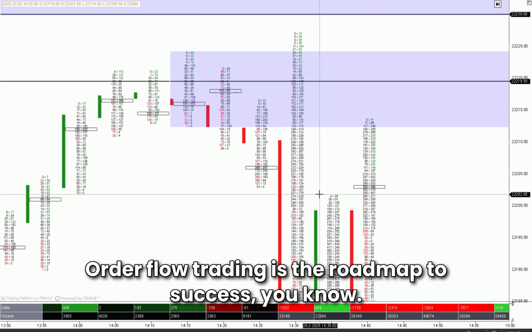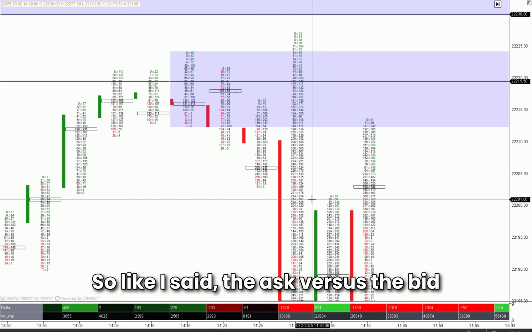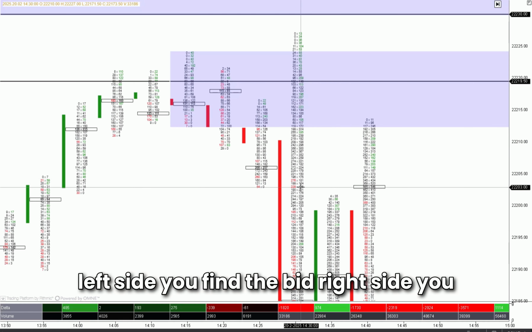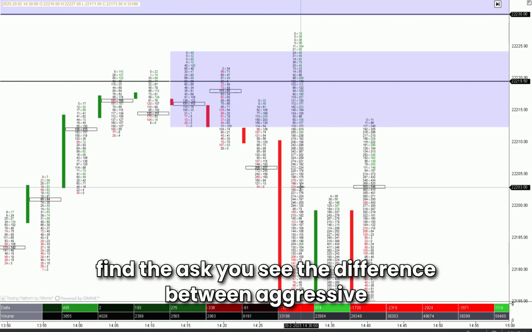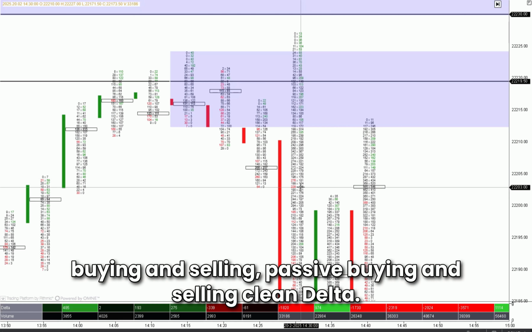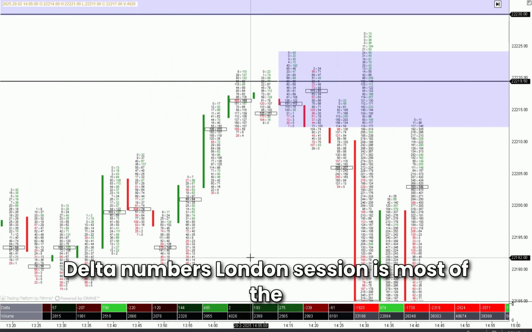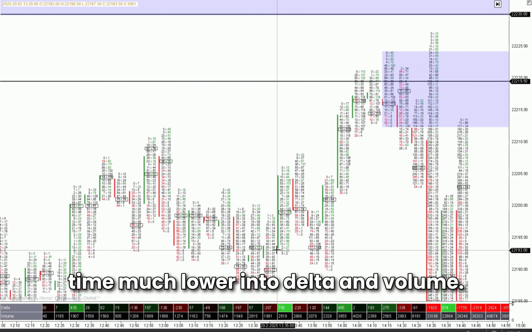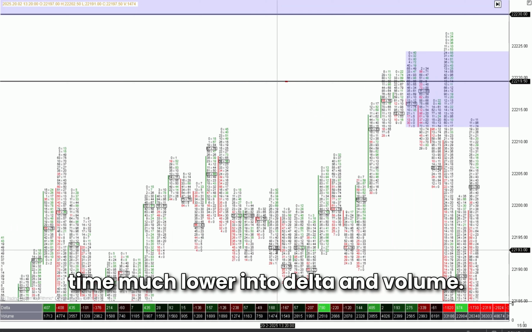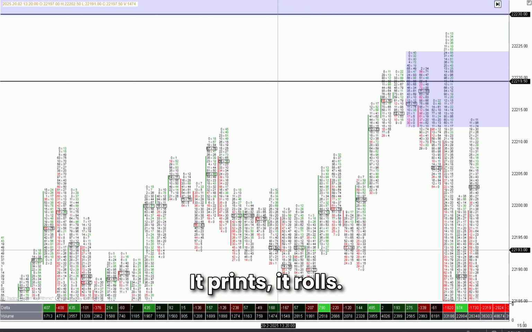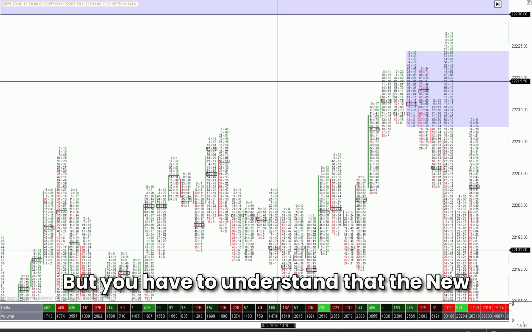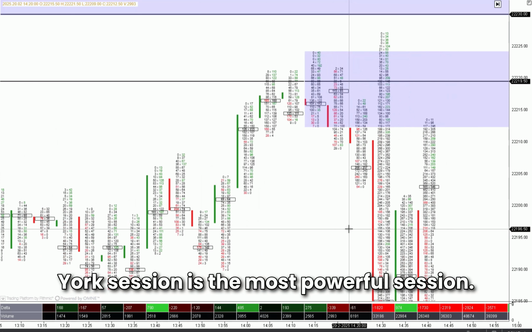Order flow trading is the roadmap to success. So like I said, the ask versus the bid. Left side you find the bid, right side you find the ask. You see the difference between aggressive buying and selling, passive buying and selling. Clean delta, you can see the delta right here. Delta numbers, the London session is most of the time much lower in delta and volume. It prints, it rolls, but you have to understand that the New York session is the most powerful session,